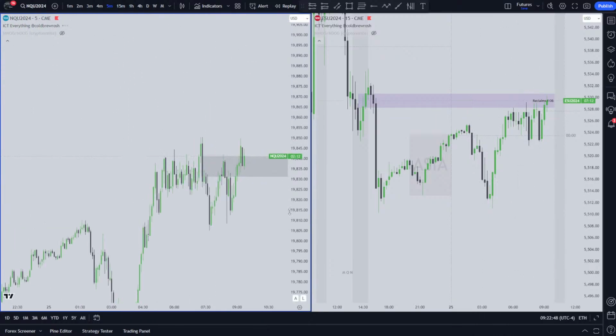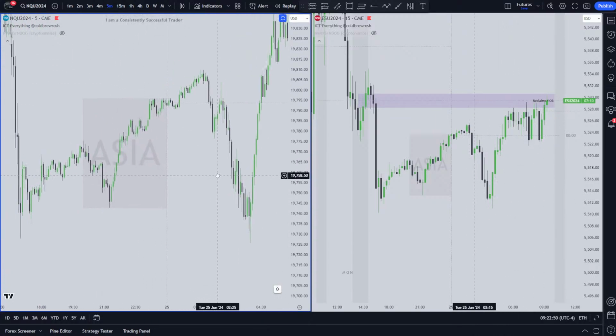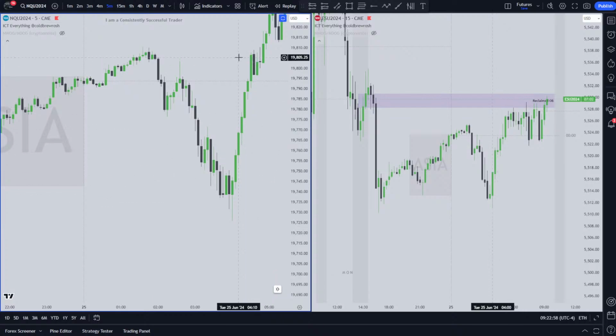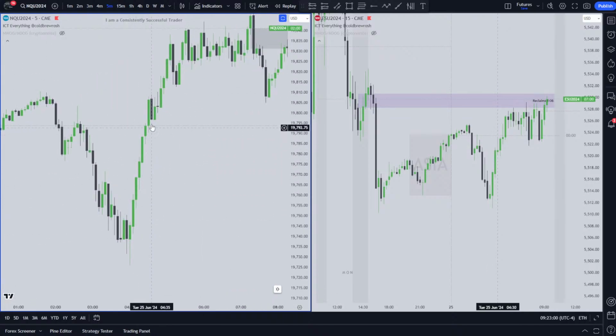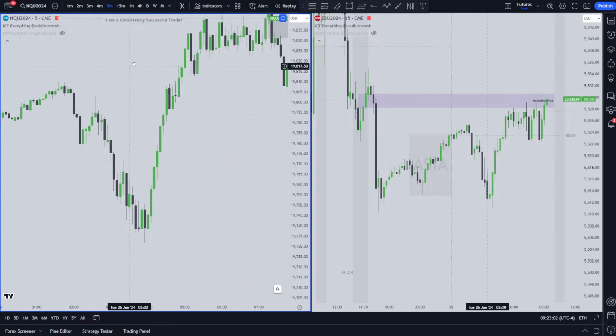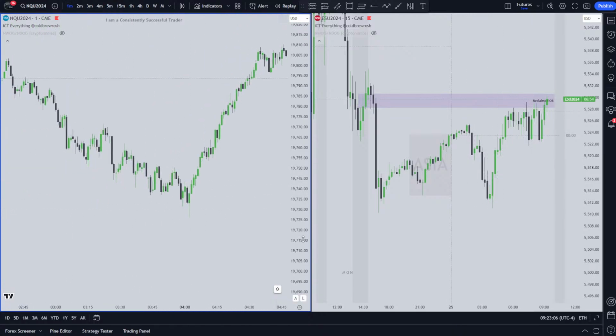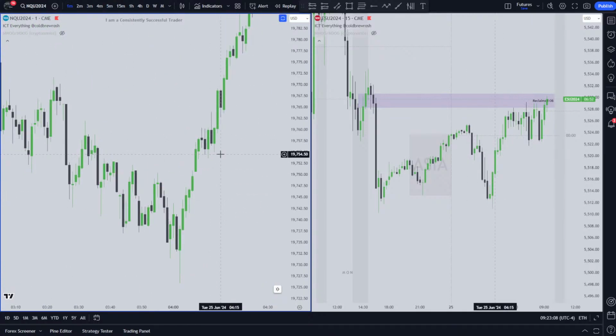Oh yeah, let's check London session. So, oh snap! Look at that. Swept it by a little bit, and then we got an instant reversal. That would have been hard to enter unless you're on like the 1 minute. Yeah, that didn't give much.